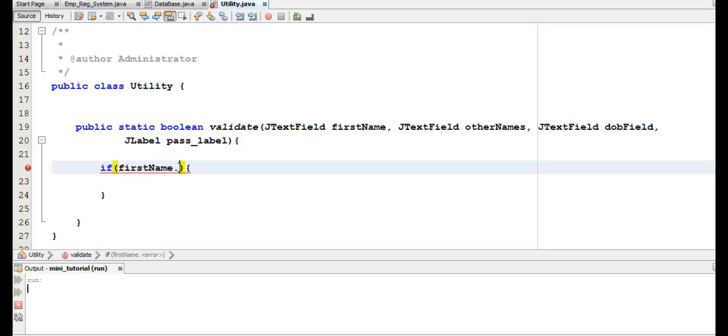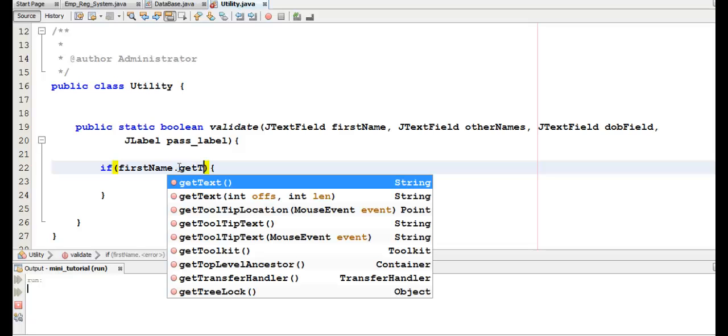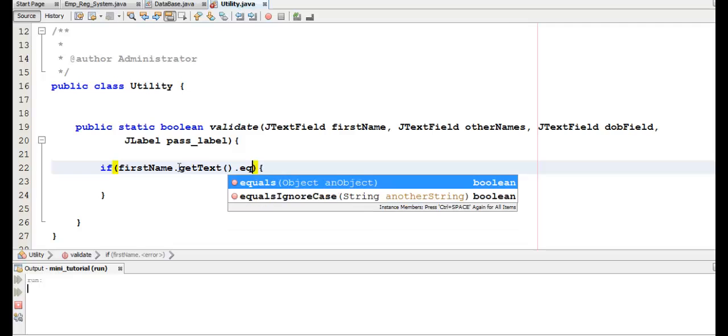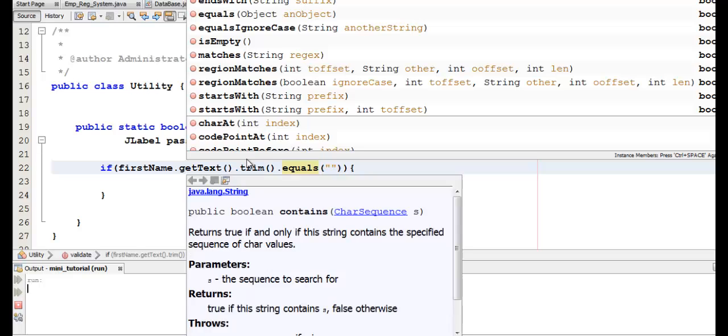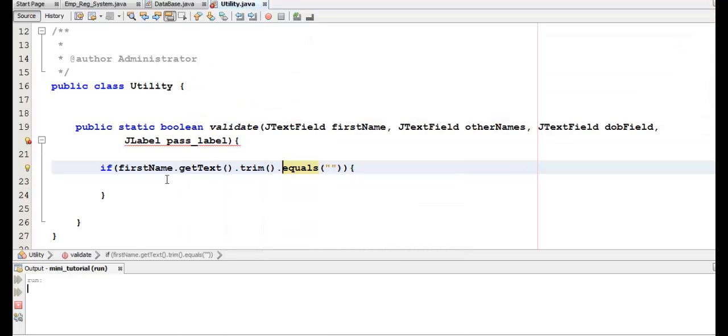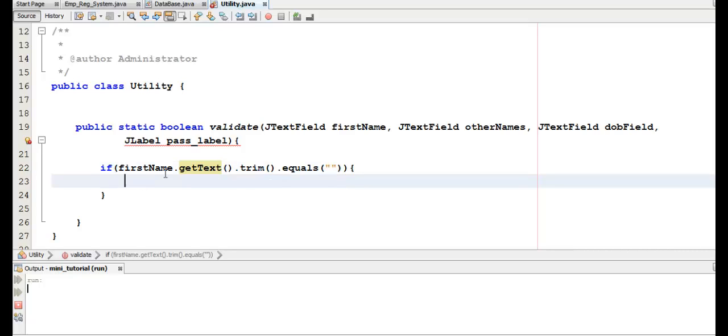If first name dot getText, dot equals this, but then I think we should trim it. It's pretty good housekeeping stuff. Now, if getText is equal to nothing, then JOptionPane, JOptionPane dot